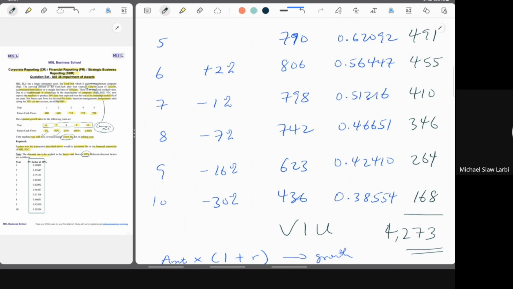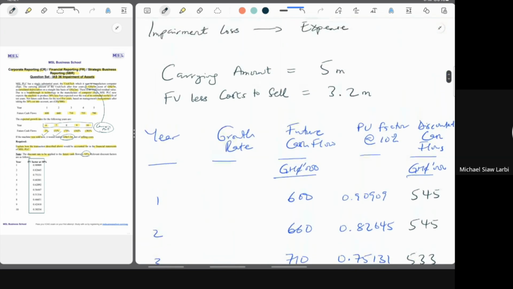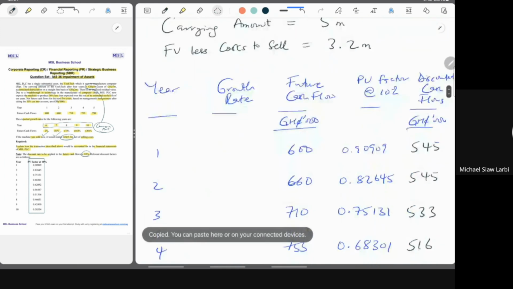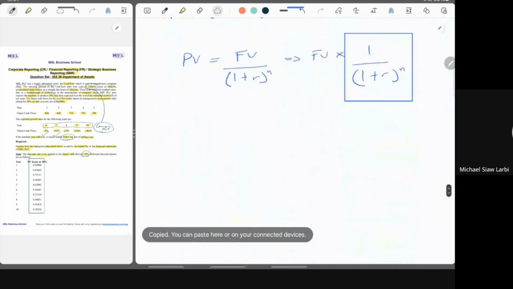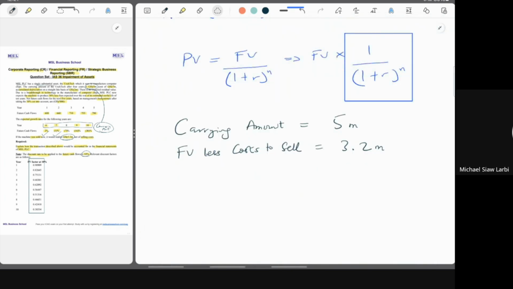So remember, if you discount your future cash flows to present value, that gives you your value in use. So back to this. Let me copy this to the bottom. So if we have our carrying amount of 5 million, fair value less cost to sell of 3.2, we have